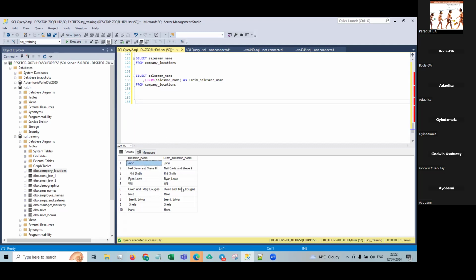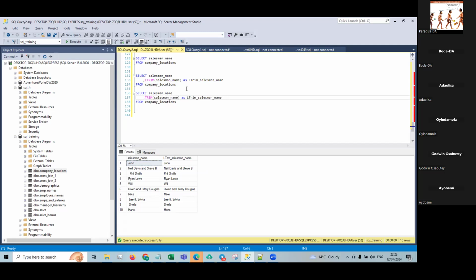Are there unwanted characters on the right? Definitely there are. It's hard to see simply because there's nothing written to the right other than where the last letter stops, so we think there are no characters. But if this were pixelated, it would show that there are empty spaces on some of these words. So this is where we use the right trim. The left trim would trim all the unwanted characters on the left, whilst right trim will trim